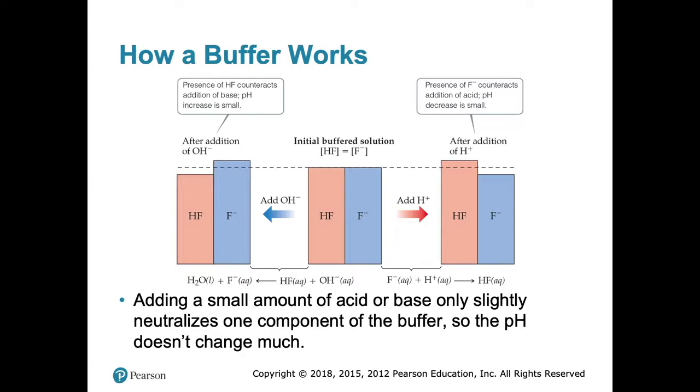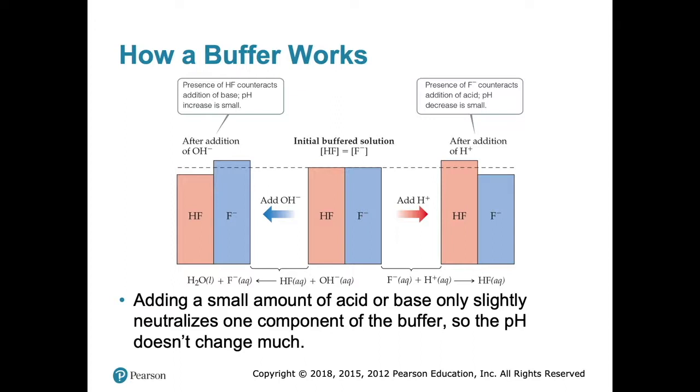And it happens the same way on the other side too, right? Again, we have here a concentration of hydrogen fluoride, and then we have the fluoride ion. But if you add in some hydroxide, then the hydroxide will pull off the proton from hydrogen fluoride, making water and then making more fluoride ions, but neither water nor fluoride ions actually increases pH, right?